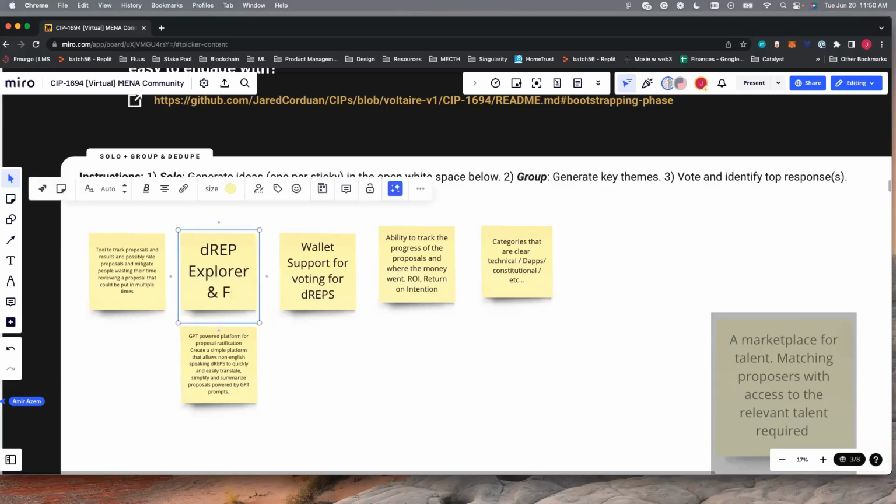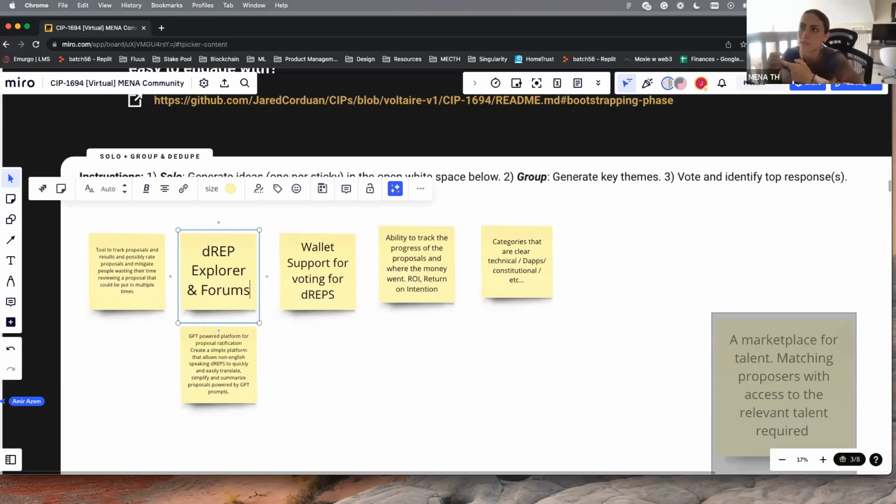I'm not sure. No, I am, and I think it makes sense for something similar to, for example, DRAPs being able to justify where they're voting, why they're voting, to their holders, like a platform or a forum where DRAPs and their voters could discuss, plan together, and get more insight into why these decisions are being made.